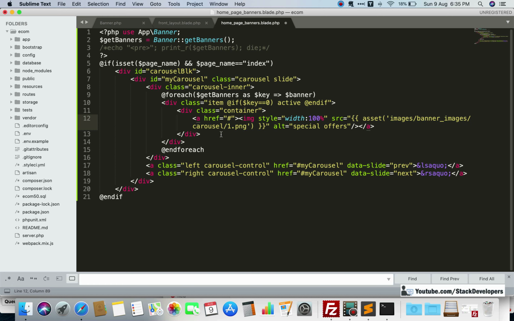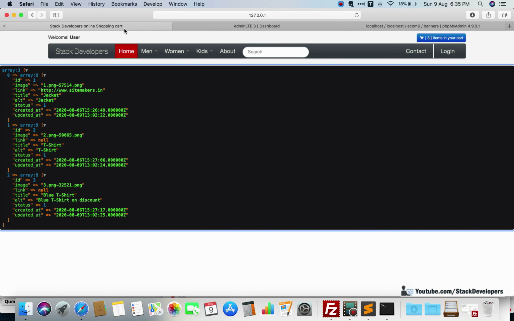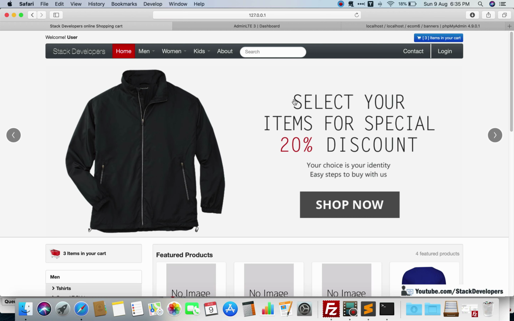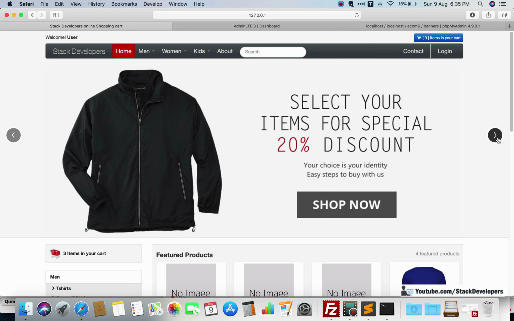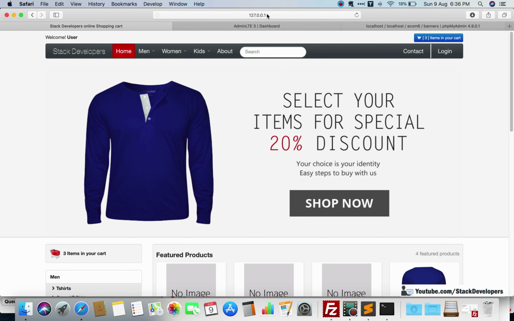That is our path, and this carousel is not required. And now here we will add our banner image name. So the banner image name is $banner->image, like this. So now we can check once whether the banners are coming correctly or not. I'm going to refresh here, and you can see the banners are still coming, and this time I think it's coming from our database. Okay, so 3 banners are coming. You can see 1, 2 and 3.